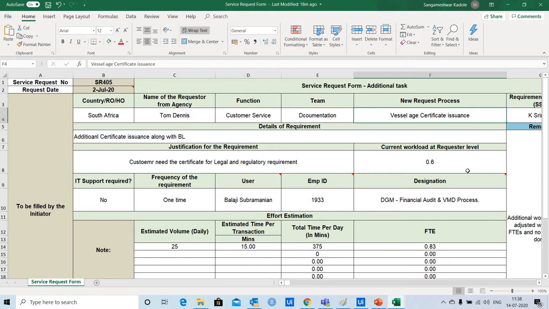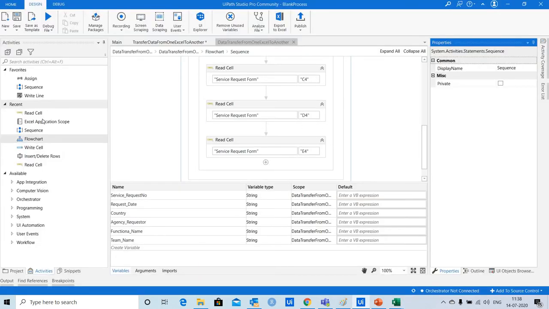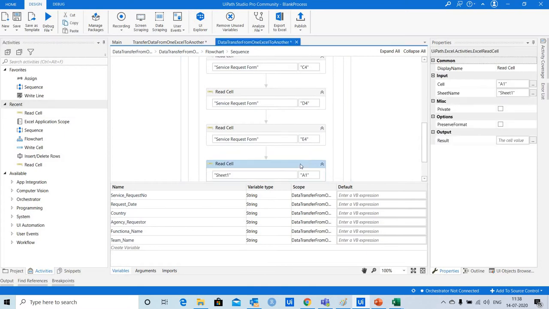So now next I want to capture the additional process name or additional task name. Data is available in the cell F4. So for that again I will use one more read cell activity.